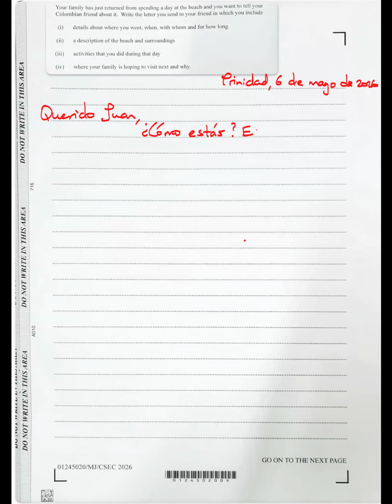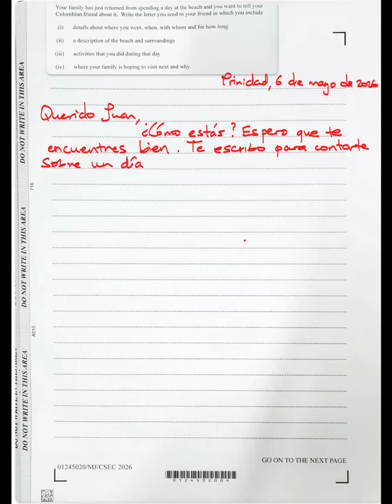You want to state something about the person's health or their well-being. So here it gives you the opportunity to include the subjunctive. So espero que te encuentres bien or muy bien, full stop. Then you want to say why you're writing the letter. So maybe you could say something like, and of course I give different ways as well, te escribo para contarte sobre un día fantástico